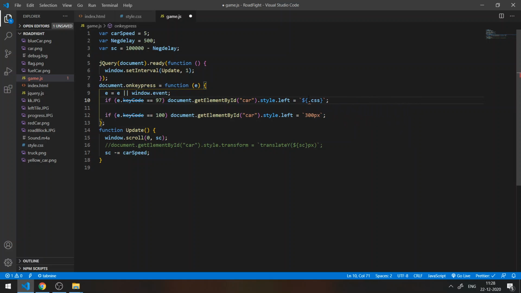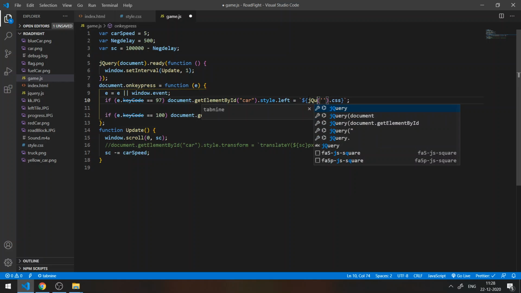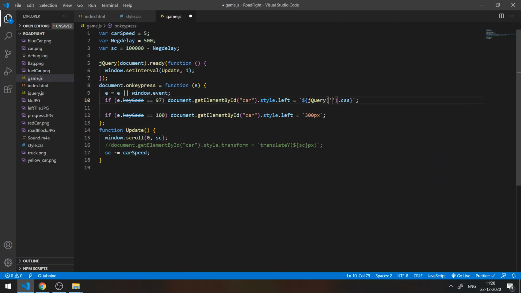Or rather, I should use the $ sign here with the hashtag of car, because we have to grab the element with the ID of car, and we use the CSS method and get the left property. Okay, we've got this, and now append pixels to it,